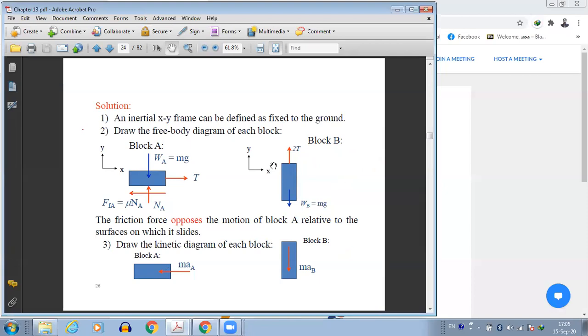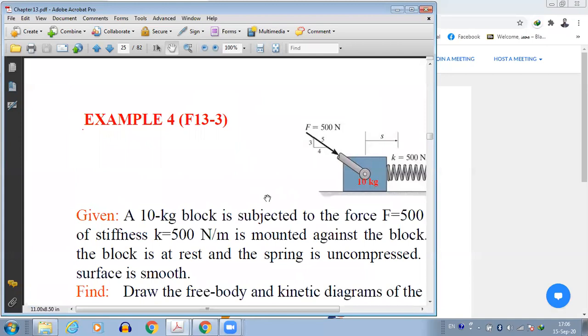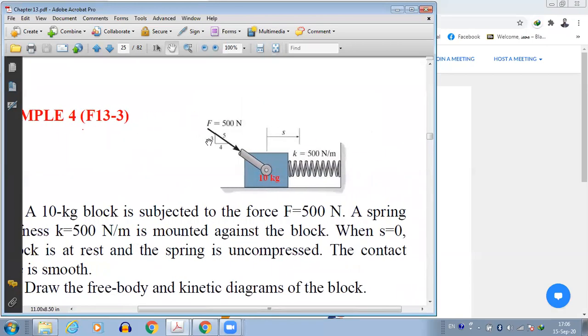Okay, so let's move ahead. Let's see this problem. Again, we are not solving the problem. We're just going to draw the free body and the kinetic diagrams. Okay, so there is a force applied to this block in this direction, and so it will cause the block to move